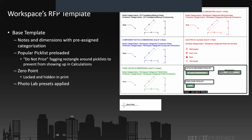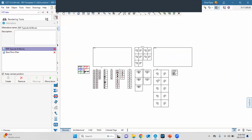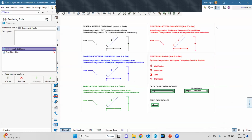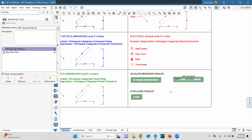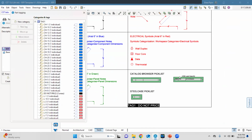Okay, so I'm gonna hop into CET now, and I will show you what our RFP template looks like. So we started, like I said, with our base template, which includes this little grid here. It has notes and dimensions that are all pre-assigned with custom categorization. We have popular pick lists preloaded in here. And if I turn on my part tagging, we have this do not price box here